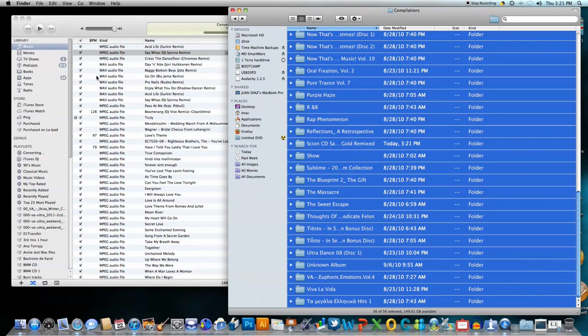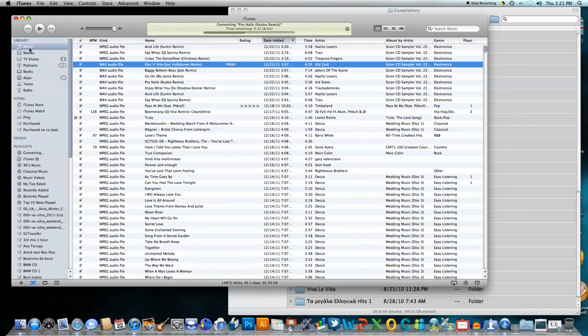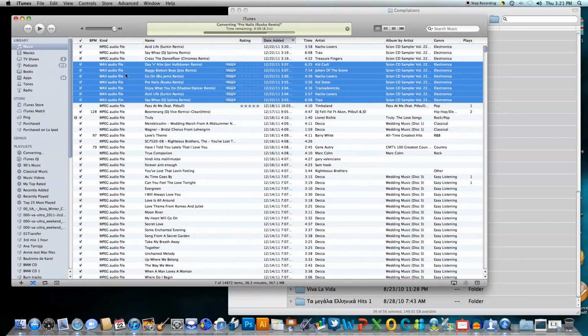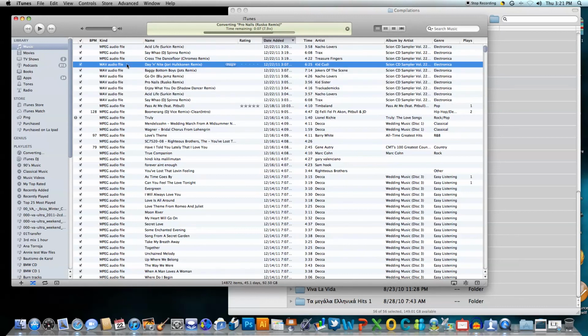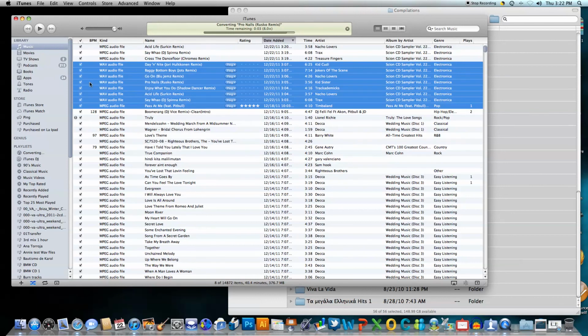And then once all that music is in there, you go to Music, All, and make sure the search is clear. You can highlight everything. Like I said before, click on that, hold the Shift key, click on the last one, right click, and you can actually convert all these files into MP3 at one time, so you don't have to do it by album or whatever. I don't know if you have the time to do that, but